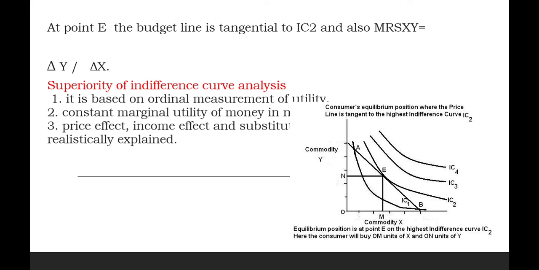So this is the indifference curve analysis. Then why is it superior? Because it is based on ordinal utility, where the utility can be compared by giving rankings. That means we are giving rankings to preferences, first, second, like that. Second, constant marginal utility of money. Here it is assumed that the marginal utility of money is constant. And third, the price effect, the income effect, and the substitution effect are more realistically explained in this indifference curve analysis. So that is why it is superior to the law of diminishing and